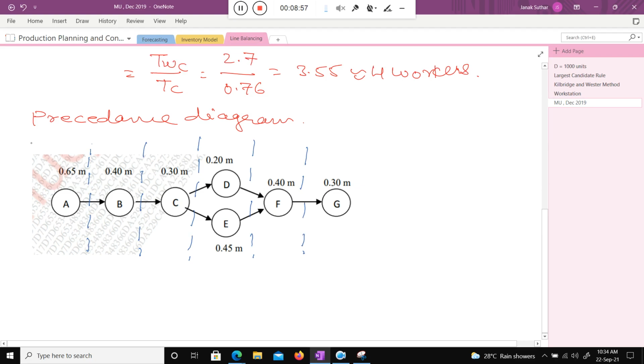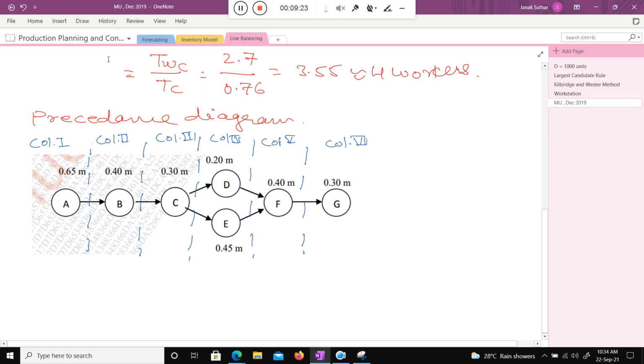Now this one is column 1, column 2, column 3, column 4, column 5 and column 6. So the entire precedence diagram is divided into 6 columns.